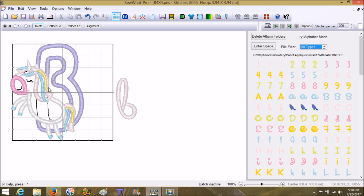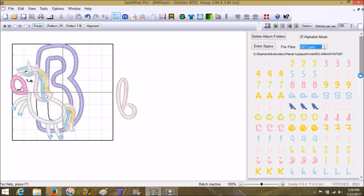But this is going to make it where we'll be able to grab these and put them in line. So they are all different colors. So we're going to go ahead and once we're done placing them all, we're going to edit them and join them. But if you have a multi-needle machine, it'd be really cute to do them in all the different colors. All right, so